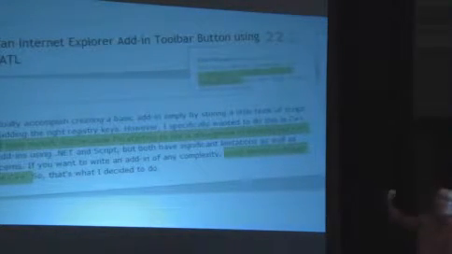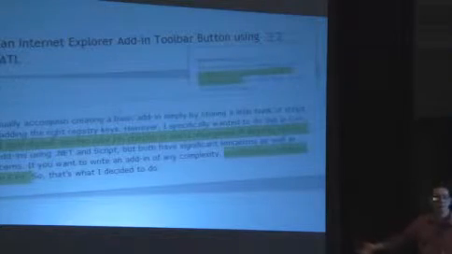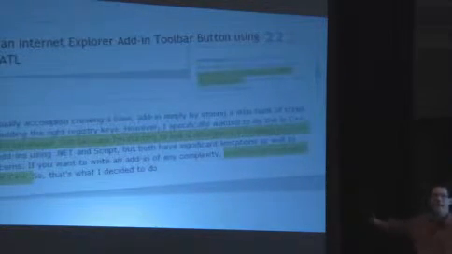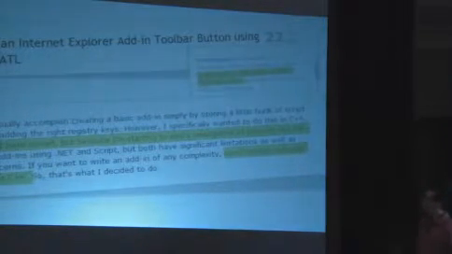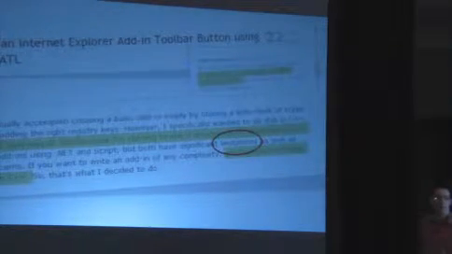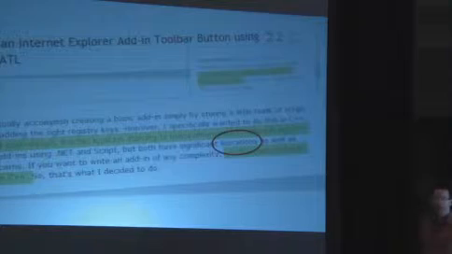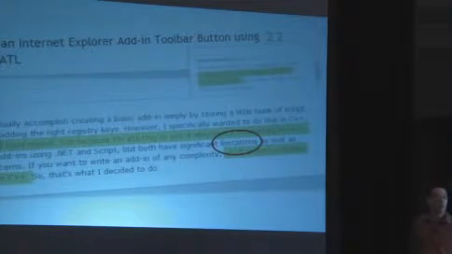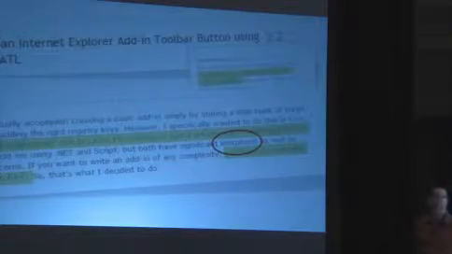And I like this because he sort of feels like he has to apologize for using C++. No, it's not because I hate myself, but because of the flexibility and the performance of the language. It says if you want to write an add-in that's not trivial, you will want to do it in C++. And that is now our advice again to developers.